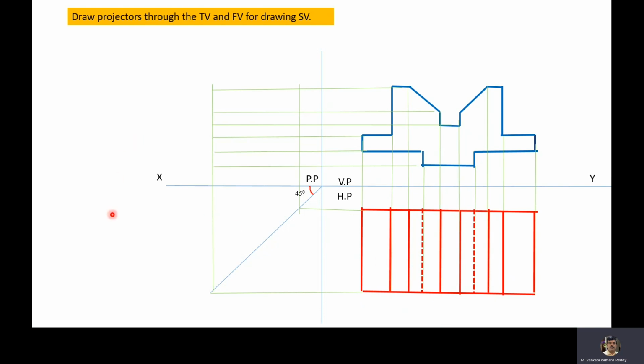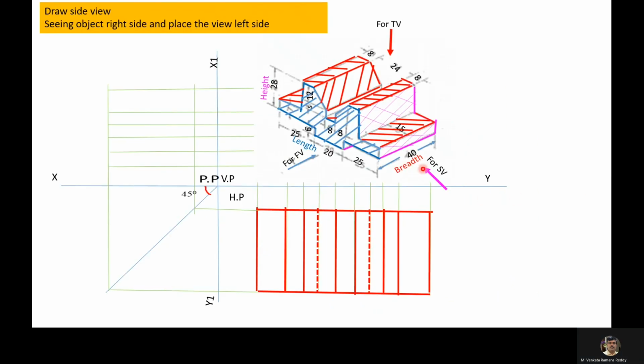Now we'll draw the side view. This is the direction of the side view. In the case of side view, this color shaded region is visible. We are able to see fully the two dimensions of breadth as well as height, whereas the length dimension will not be shown in the side view. Here, this smaller rectangle and this smaller rectangle and this rectangle are visible, whereas this inside rectangle is not visible.